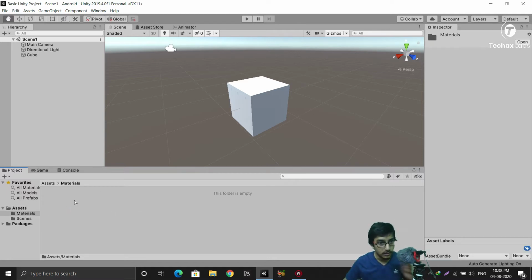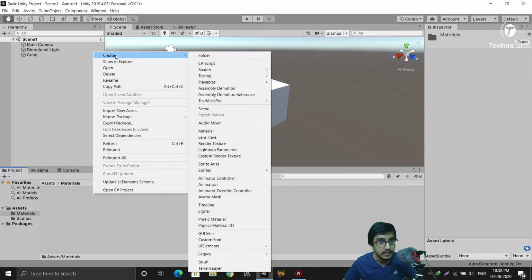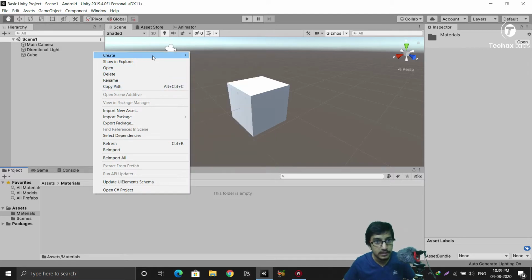So now we have created a folder, materials, which is currently empty. Let's create a material for our cube. To create a material, right click on it and select create and select material. Actually you can create a lot of things. You can see there are a lot of options. As I told you earlier, Unity is a very powerful software which can do game development right from 2D to high-end PC games. So let's create a material,